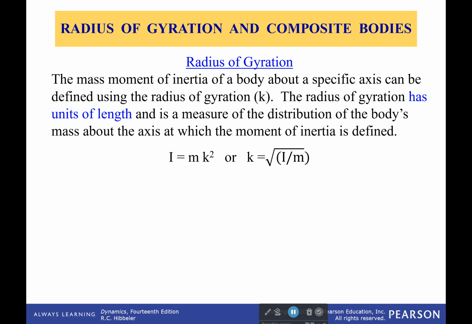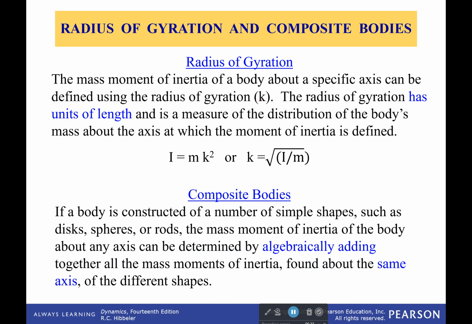So, I thought I had it there, but there's one last little thing. That's the radius of gyration, which I'll let you read on your own because I don't really think it's all that important for what we're doing. But composite bodies is important because the amazing thing about mass moment of inertia is that